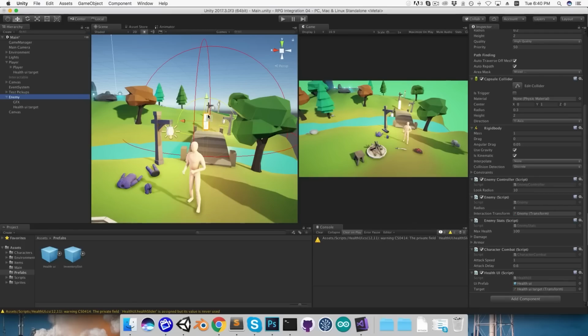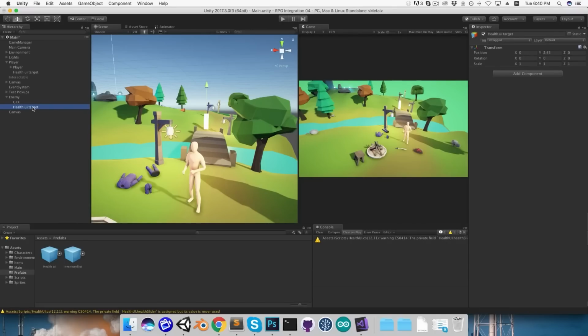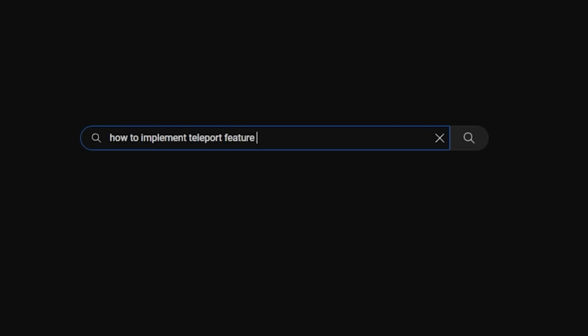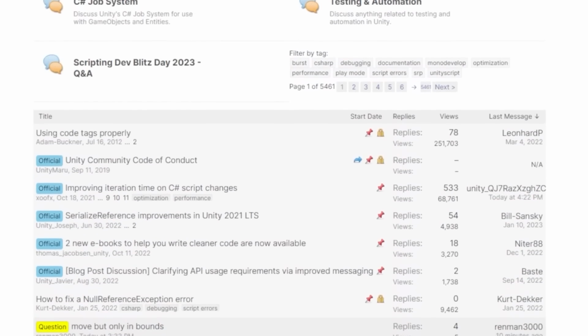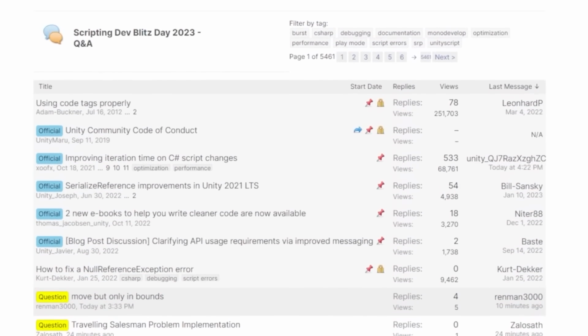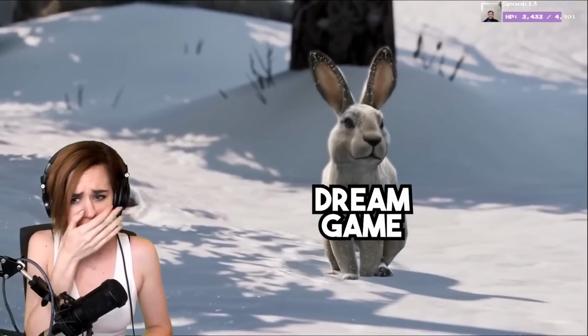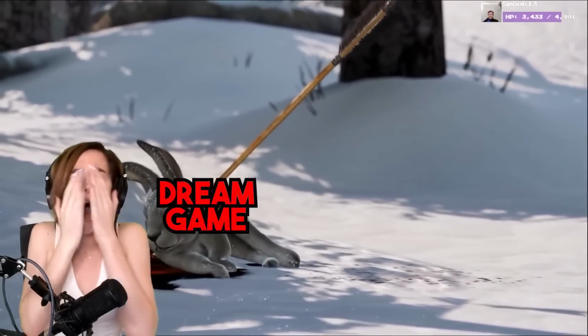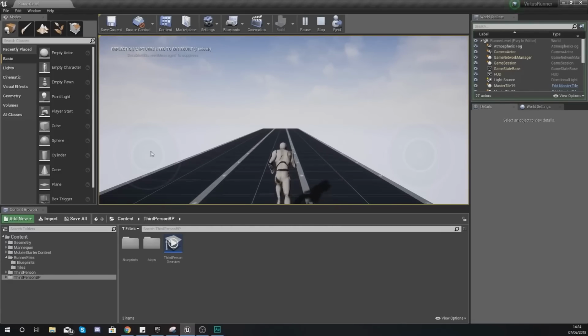You want to add a few extra mechanics, but instead of trying to figure out how to implement them yourself, you start searching how to implement X feature into Unity. Maybe the searches get so specific that there's not a single tutorial online. You resort to the forums where you ask the same question and no one answers. Your dream game is now dead in the water. You've simply fallen into the trap of overusing development tutorials.